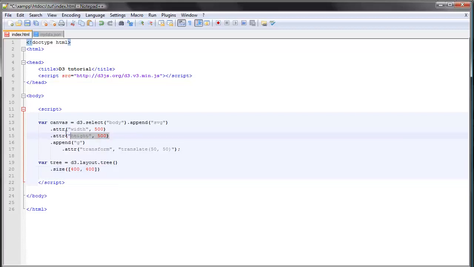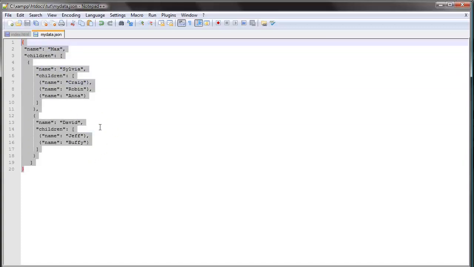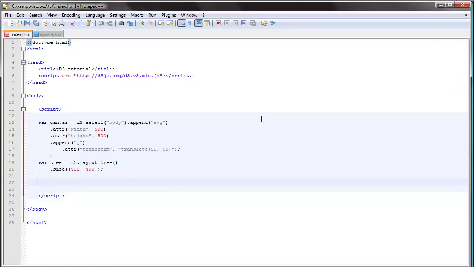Yeah, and I prepared this canvas with a width and height of 500, and everything in it is stored in a G element. Right, so we have our tree layout created. What we need to do next is to load our data, which is stored in this mydata.json file. And I showed you how to do this previously, so I won't go into the details, but